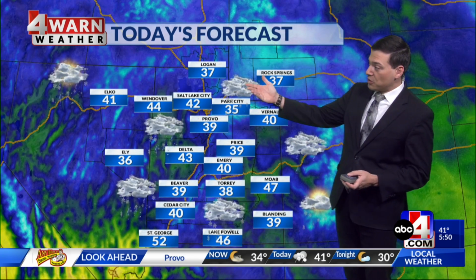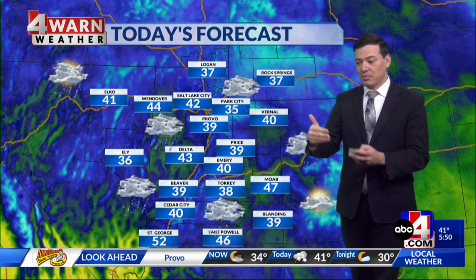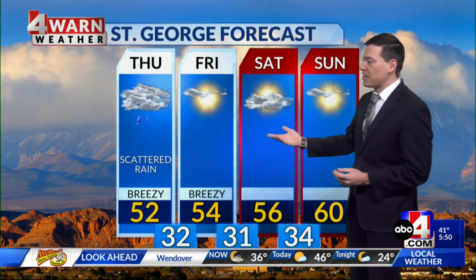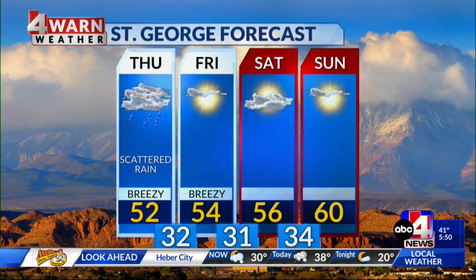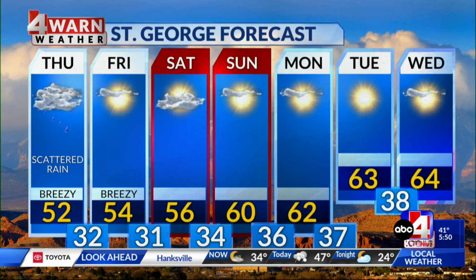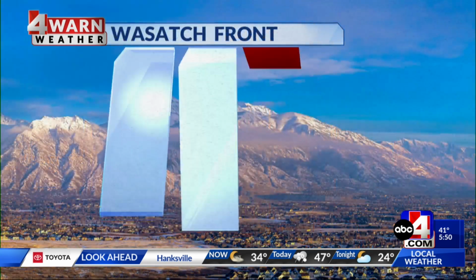Our temperature in Salt Lake should stay fairly consistent before cooling down a little bit more going into this evening, as some of that cooler air finds its way into the Beehive State. In St. George, a good chance of scattered rain showers through today, and then the chance of wet weather goes down into tonight, leading to partly to mostly sunny skies from Friday through this upcoming weekend, with similar conditions into early next week. But by early next week, daytime highs are likely going to be in the low to mid 60s